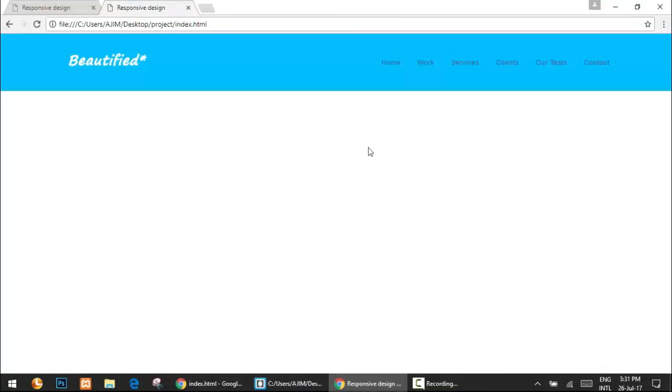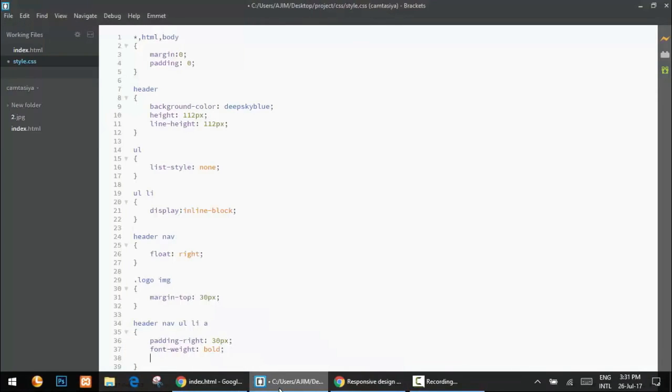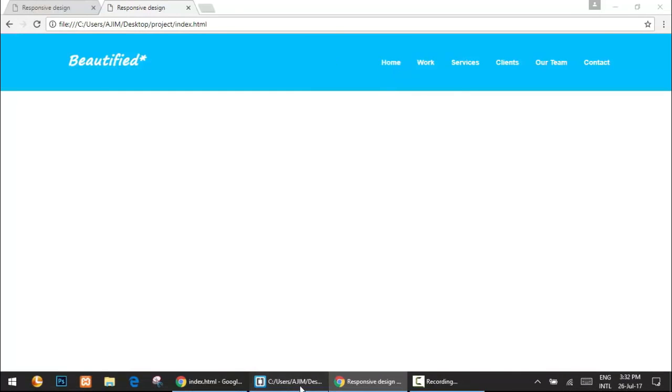Now let me save it. Yep, you can see we are getting a bold font. Now we have to change its color, something around white color, so I'm coming here and putting color white. Okay, so I am going to the browser, so you can see we are getting a beautiful color, but we are getting an underline on the hover, so we will delete it easily.